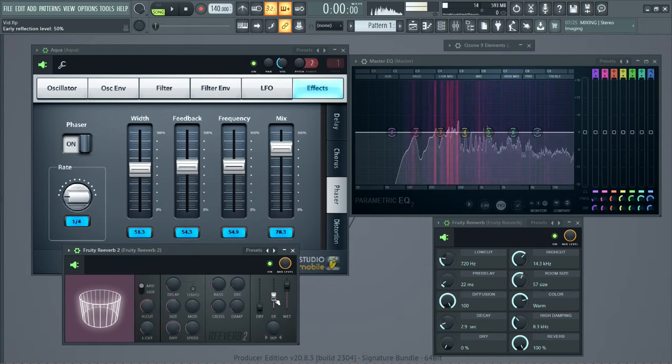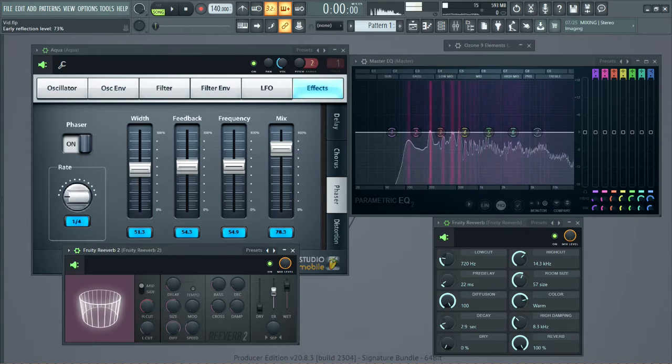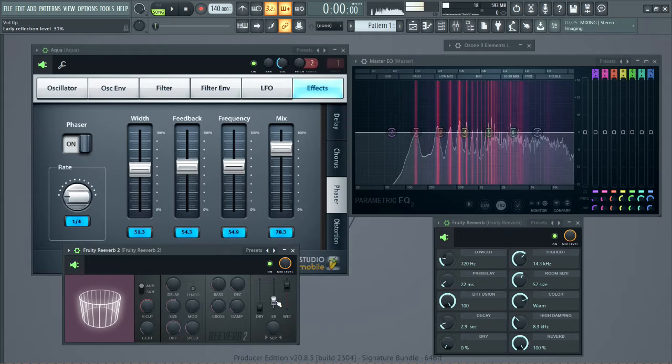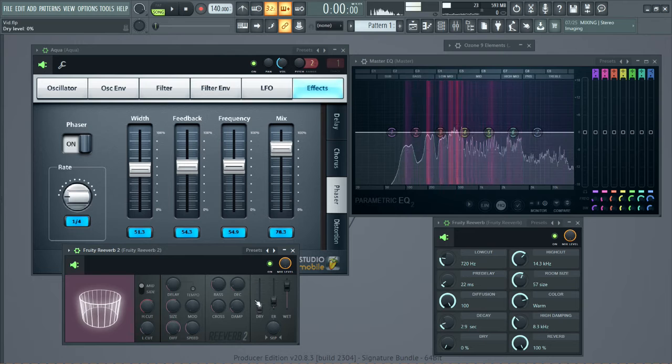ER stands for early reflections, which goes back to just understanding what reverb is. Because a sound has to bounce off of something and reverberate between multiple surfaces, there's going to be a reverberation or a reflection that hits you first. So if it is closer to you, that reflection will be louder. So the early reflections relative to the entire sound overall are affected by this slider. And that's the reason why it's important. Considering all those things together,